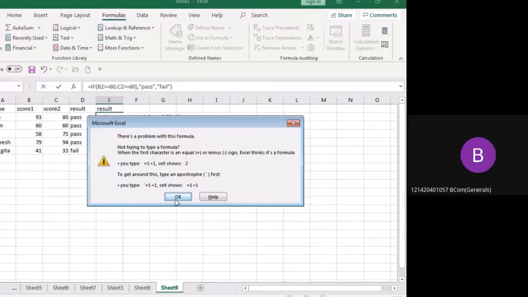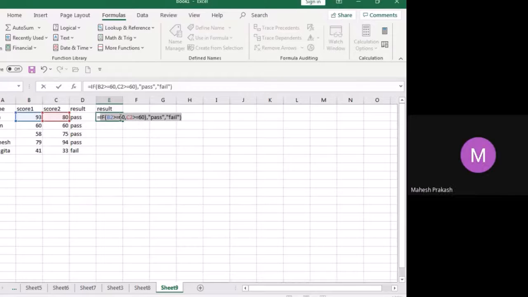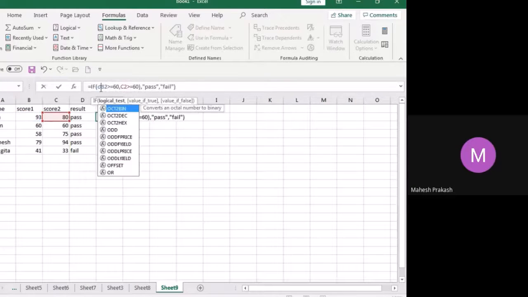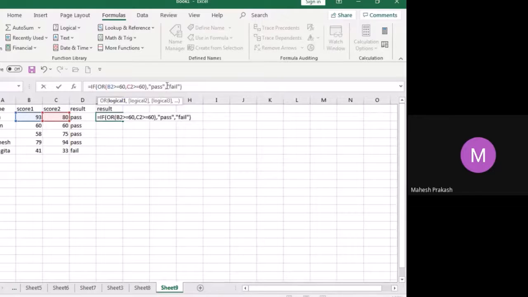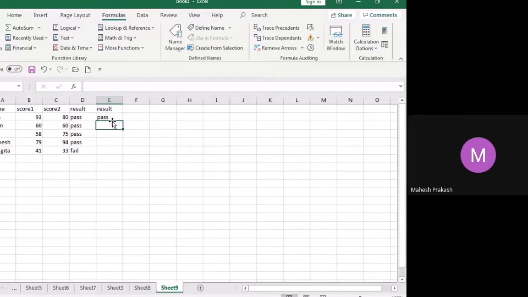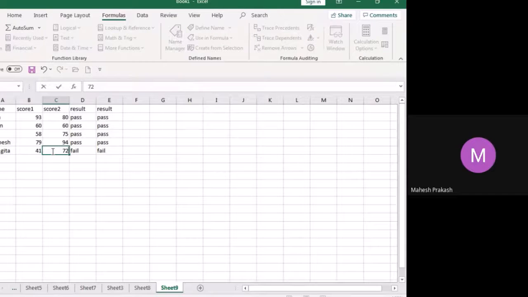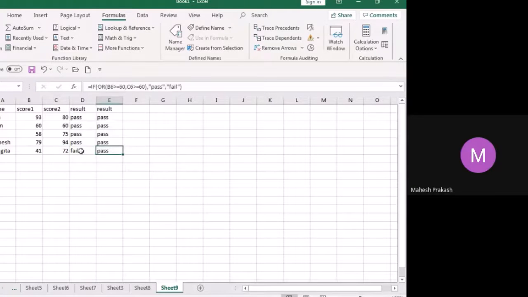So you used the OR logic. Yes. So here I got pass. Why? Both the statements are true. I'll drag it and let's see what it will be. Here both the statements are false, because 41 is less than 60 and even 33 is less than 60. Let's see after making it 72. So what will be the value? Same, sir. Pass. One false, one pass, sir, so fail.